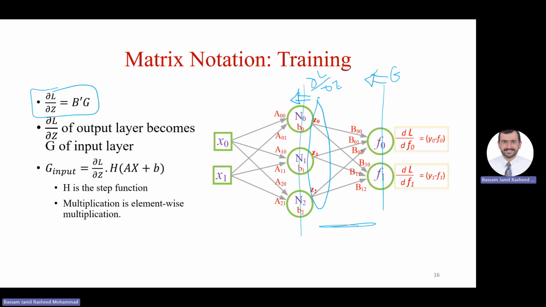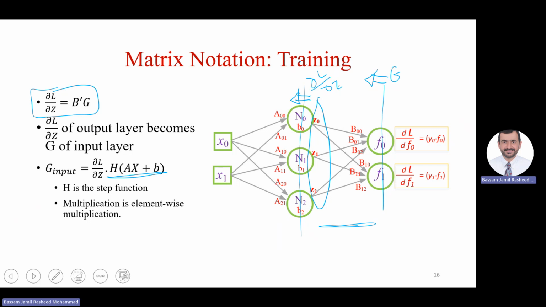And for that, we need to multiply this G input here by this equation, and this would create for me